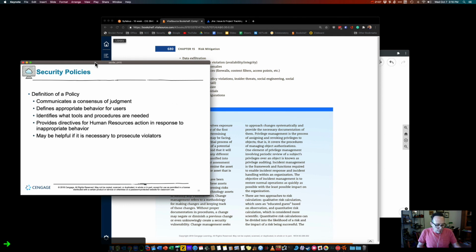Security policies. This is really the cornerstone. I know there's a lab for this course, at the time of this recording again, where you create policies. So I'm not going to delve too much on them. You've got to have policies for them, and most important is they're going to be